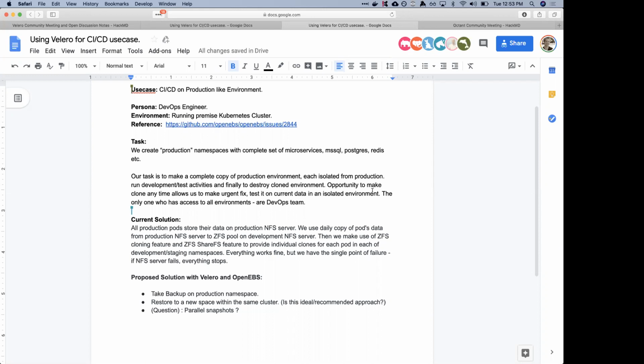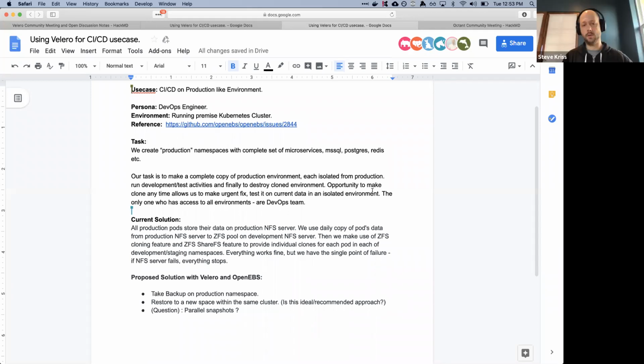Or does it go sequentially on all the volumes? Yeah, today it goes sequentially. So one snapshot at a time. And we've talked about various flavors of that issue. With snapshots, our underlying assumption is that they're relatively quick operations. And so we haven't highly prioritized adding parallelization there for the snapshots themselves. But if it's not true that those snapshots are quick, then I could definitely see running into issues there.